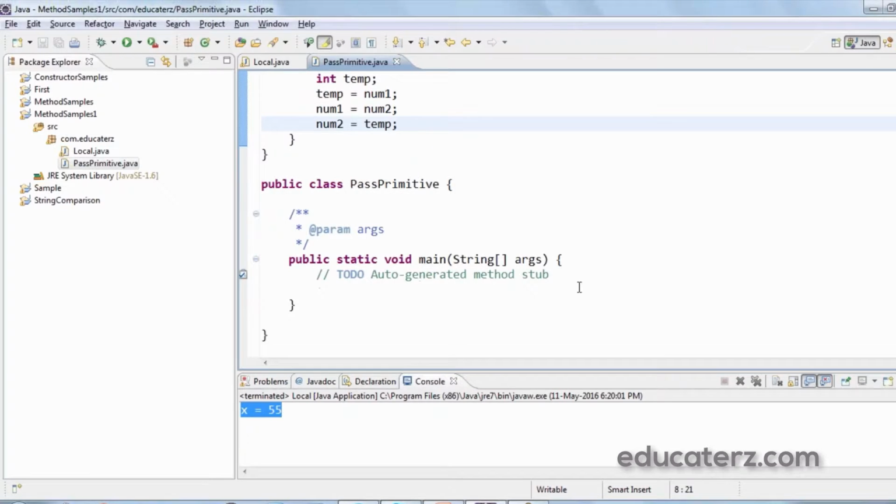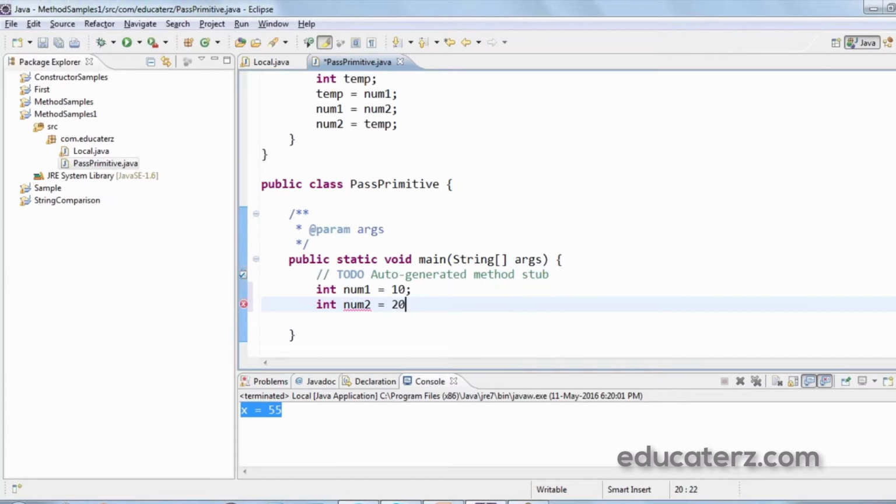Now from the main method, first thing I need to do is I need two numbers. So I would say int num1 equals to 10 and int num2 equals to 20. After initializing two variables, create an object to the class check to use the method swap.